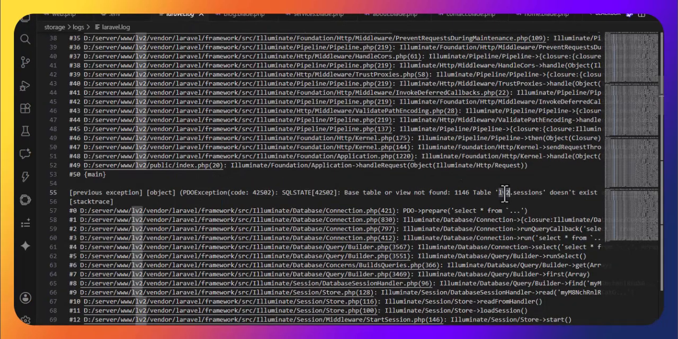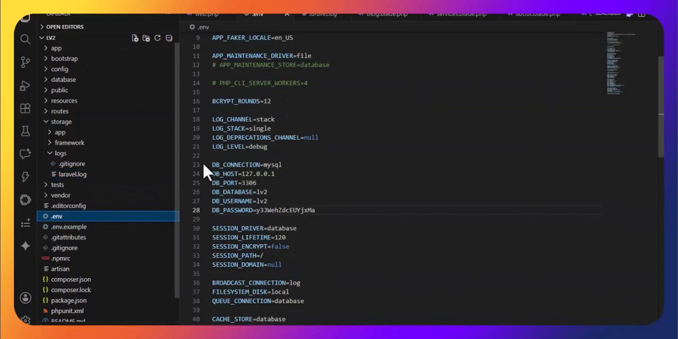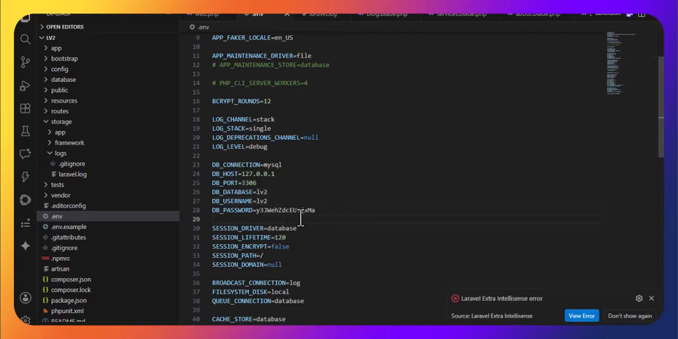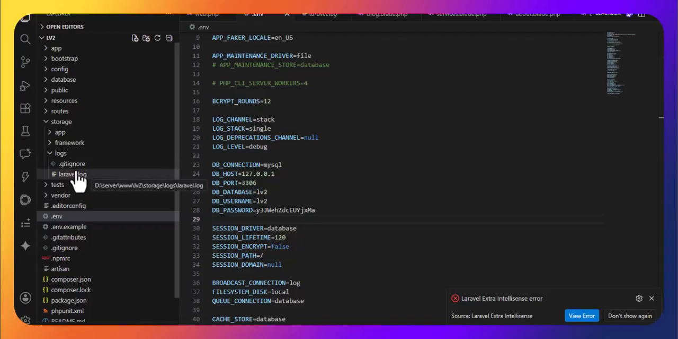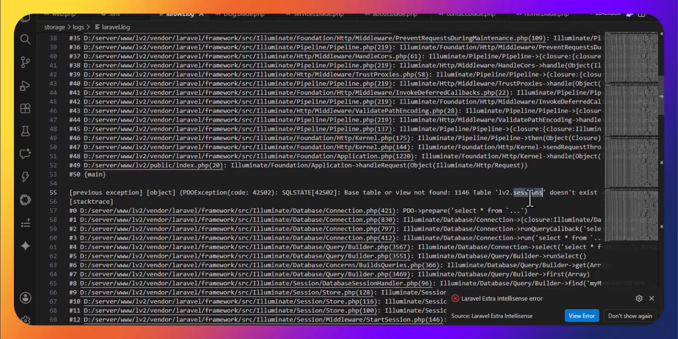So the Laravel connection, that means our database connection, is the issue. So check our env. Here I have set up everything fine, but there is no Laravel migration file. That means the issue is there is no base table, the session table is not there. So you should